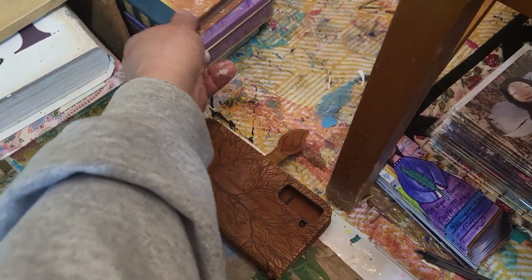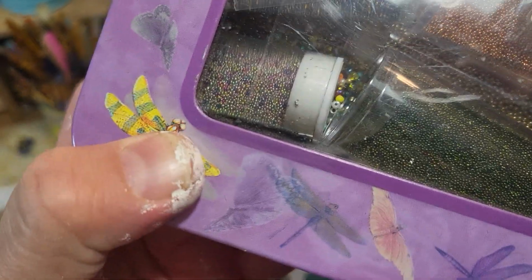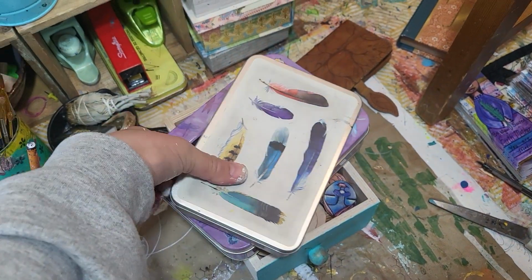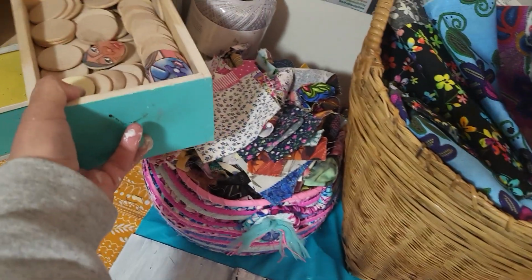This one is empty, but in here I have like micro beads and what do you call it? Yeah, just like random beads. What's in here? Forget what's in here actually. Oh, my face molds are in here for making my clay faces. And this one actually goes over here. Okay,